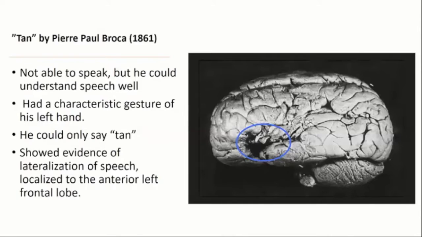Some other cases: Tan is another individual. Broca was the doctor, so you may recognize that from Broca's area. Tan was presented to Dr. Broca with gangrene in the leg, and he could understand language, but he couldn't speak it. The only word that he could say was tan. He would say tan, tan, and he was only able to produce some minimal hand gestures as a response as well. So through understanding Tan and then his postmortem examination, this is a picture of his brain, then they